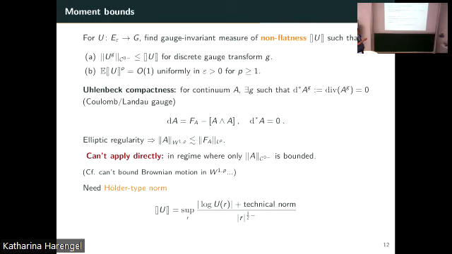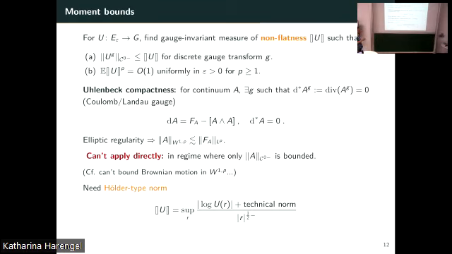And now I'll use something quite special about this exterior derivative. So d plus d star is actually an elliptic operator. So d plus d star squared gives you the Laplacian on one forms, and so d plus d star, which is the square root, is also elliptic. And then you can use elliptic regularity to show that, okay, if at least A is sufficiently small that